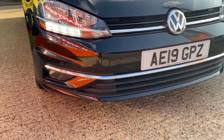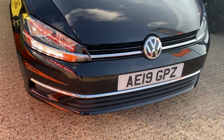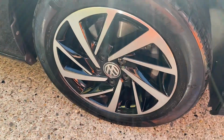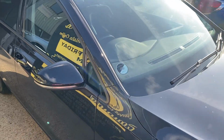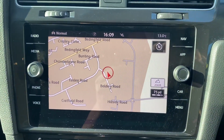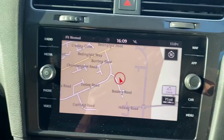7.5 gets the better lower front grille with the radar system behind the badge, LED running lights, and then beautiful diamond cut and black gloss alloys, rear privacy glass, the much better full screen touch nav system,